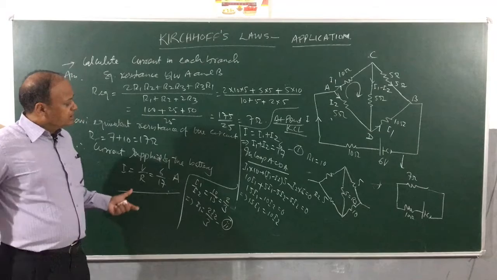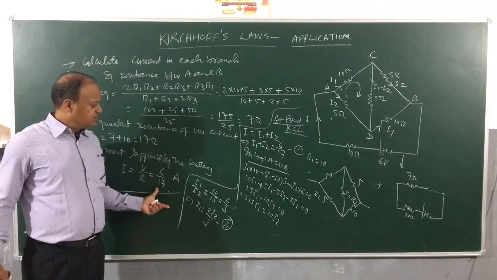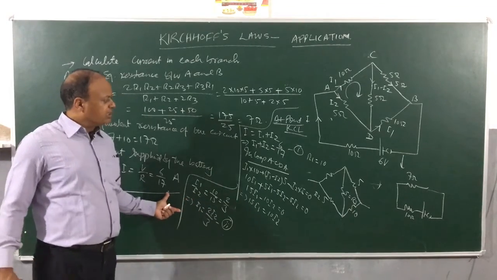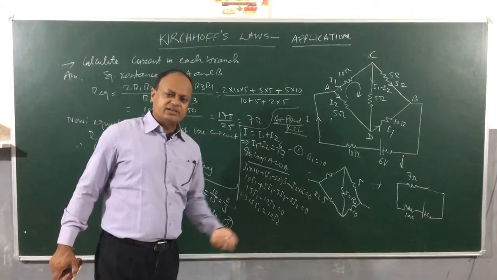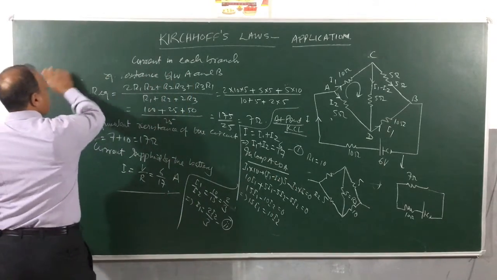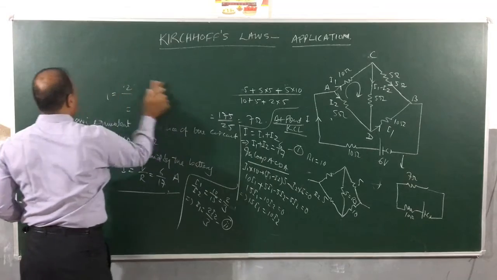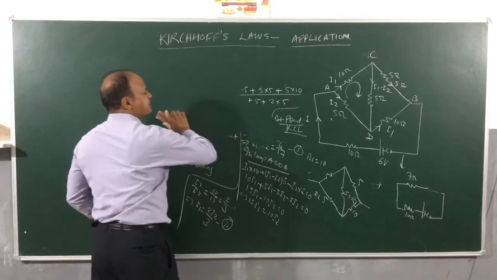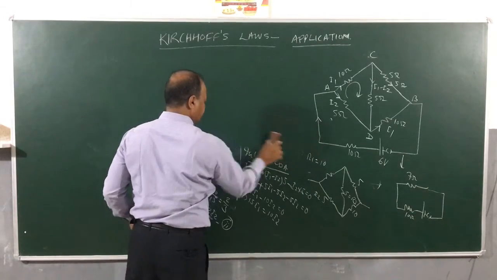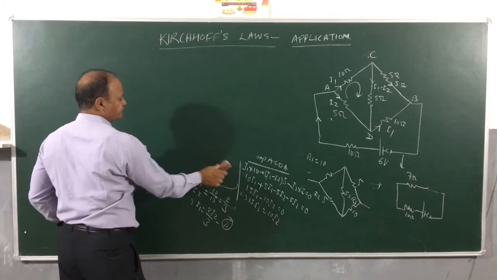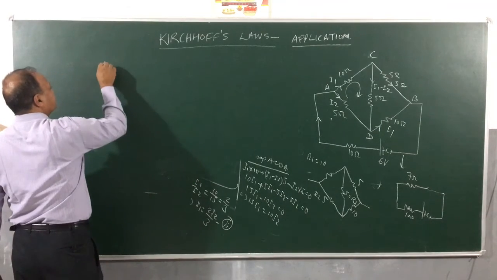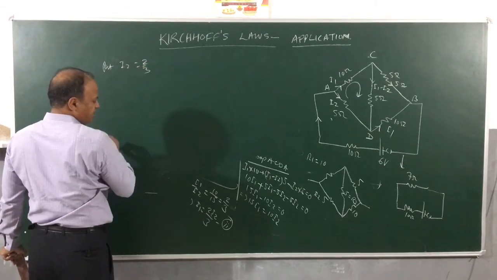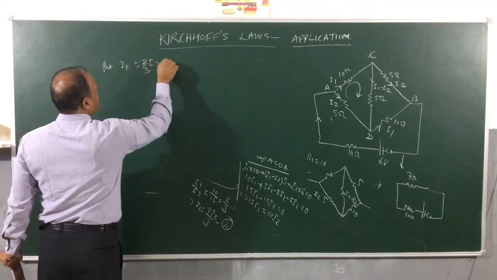So children, we have worked upon both the laws to calculate the relation between I1 and I2. Here I only got I1 plus I2 is equal to 6 by 17. So these two are simple linear equations in two variables I1 and I2, and we will solve them for finding out how much is I1 and how much is I2. Let us calculate. Put I1 is equal to 2 by 3 I2 in equation 1.